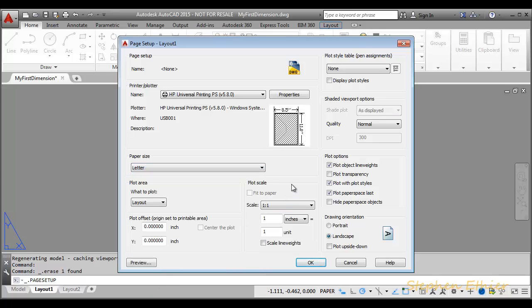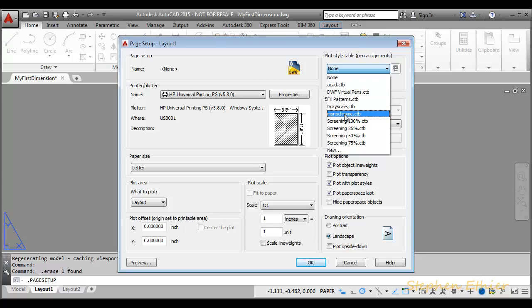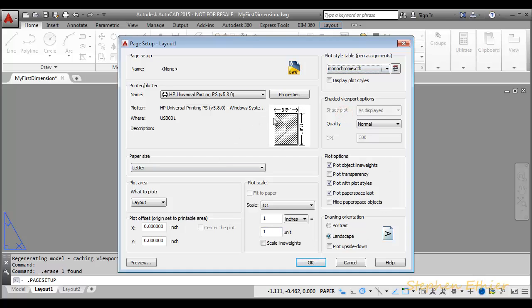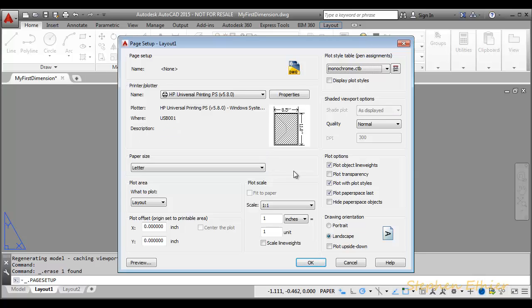The other thing we need to check is the plot style table. Right now it's set to none, meaning there's no control over the color or tone of the lines that will be plotted. Pick on that. You have choices. AutoCAD, which will plot the lines in color if you have a color printer, but if you don't have a color printer, they'll come out very light and gray and hard to read. Typically for drawings, we want to use monochrome. Click on monochrome. There's a variety of other settings to set, but we don't need to make any changes to those at this stage. All we need to do at this point is click OK,